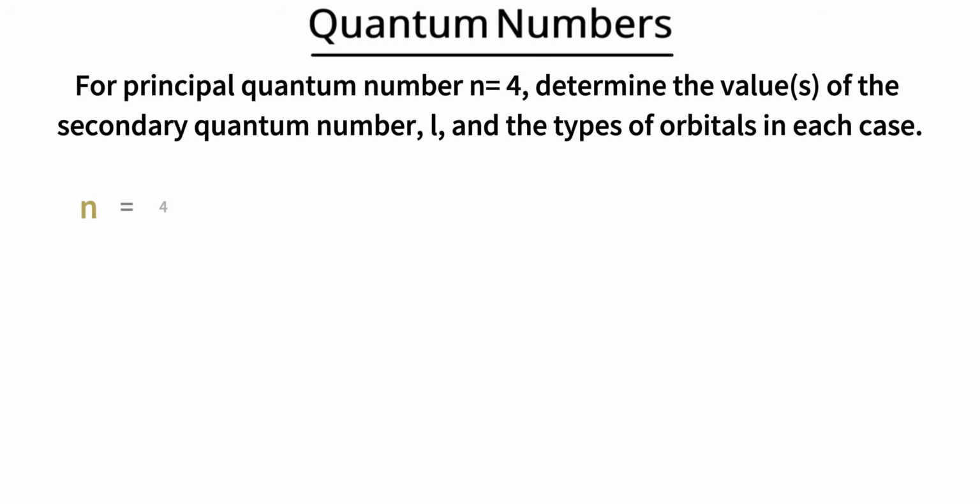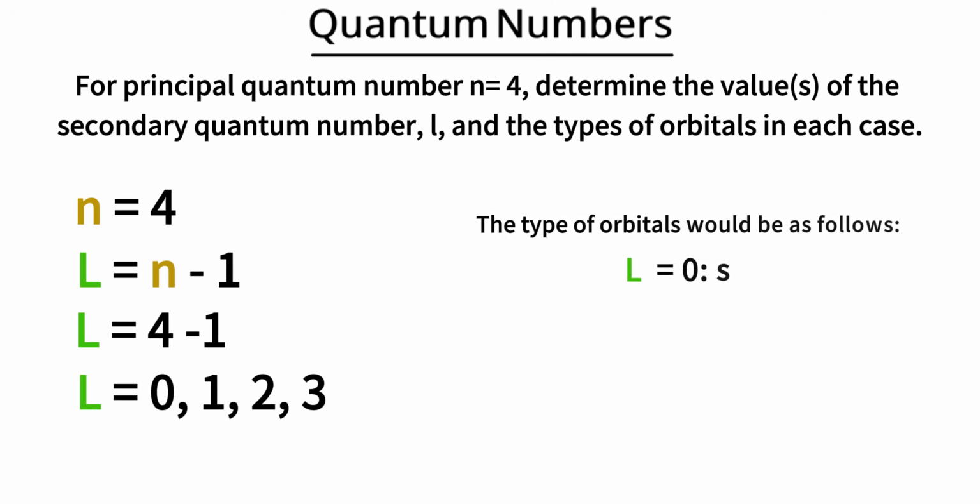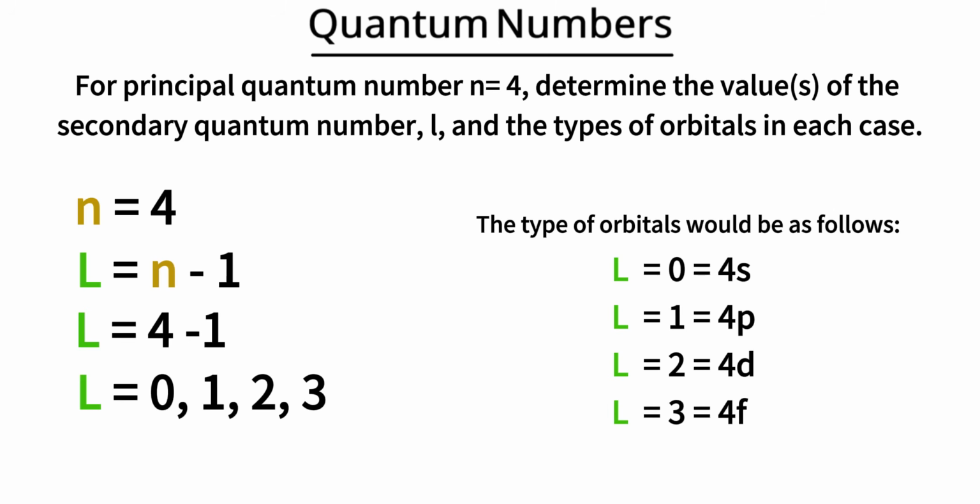Suppose you're given the principal quantum number, n equals 4. First, let's determine the possible values of L. Since L ranges from 0 to n-1, the possible values are 0, 1, 2, and 3. Now match each L value to its orbital type. L equals 0 corresponds to an s orbital. L equals 1 corresponds to a p orbital. L equals 2 corresponds to a d orbital. L equals 3 corresponds to an f orbital. Since n equals 4, place the number 4 in front of each orbital letter. That gives